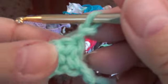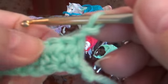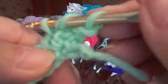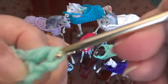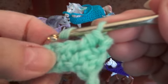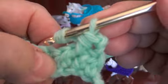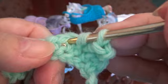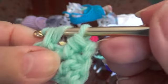Okay, now to start the next row, you go 1, 2, turn it around. Now you've already done your first one here, so you're going to the second one. If you start there, you're going to be off shape. See, and you just continue. And you do this over and over. And what you're doing is you're going right in between each one of those stitches. So this becomes easy now. You know, once you've done your first row,